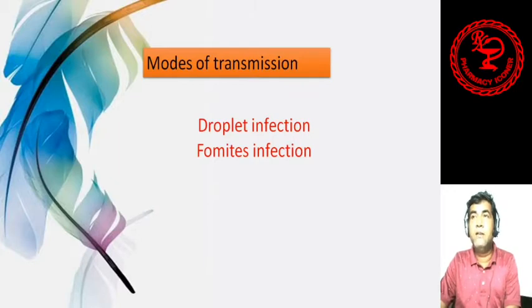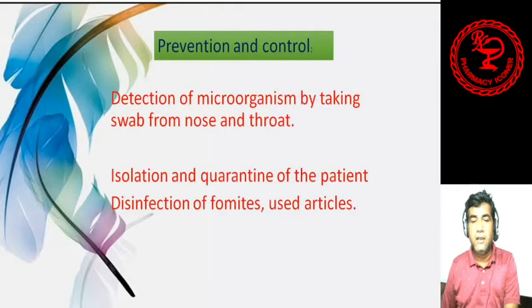Mode of infection is droplet infection. With sneezing and coughing, the microorganisms come out and float in the air, and when a normal person inhales those droplets, infection may occur. Fomites, that is clothes, handkerchiefs, towels and bedsheets used by the patient, may be a medium for transfer. That is fomite infection. We have discussed this type of infection in our earlier classes.